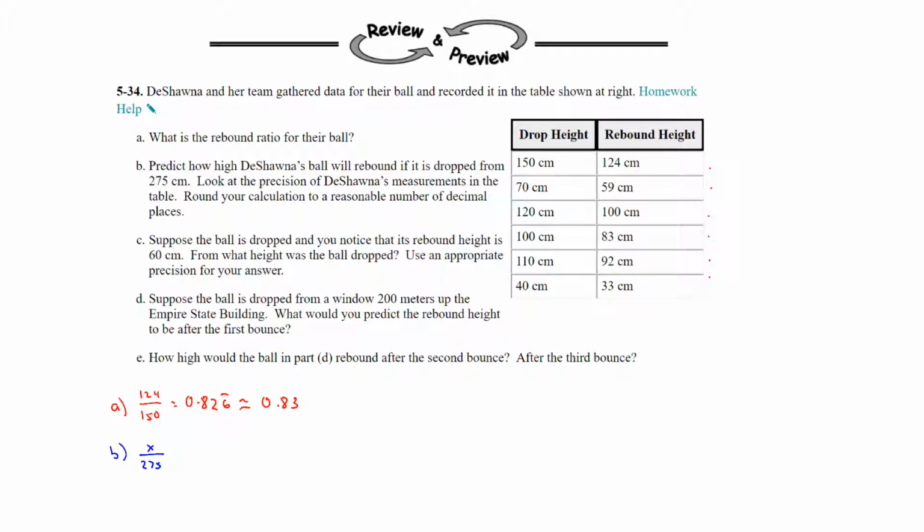We'll have to figure out what the x is, and approximately our rebound ratio from above was 0.83. So we need to solve this equation, multiply both sides by